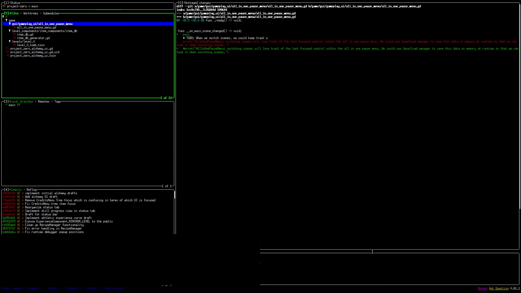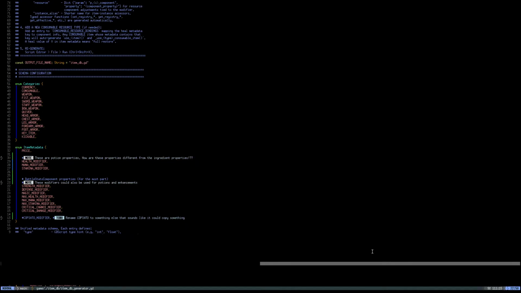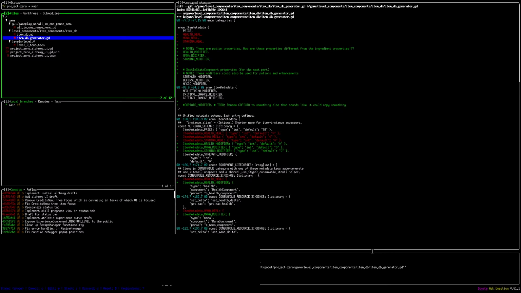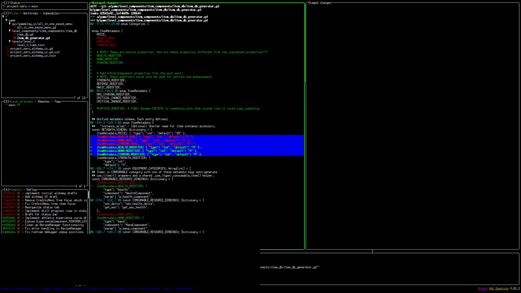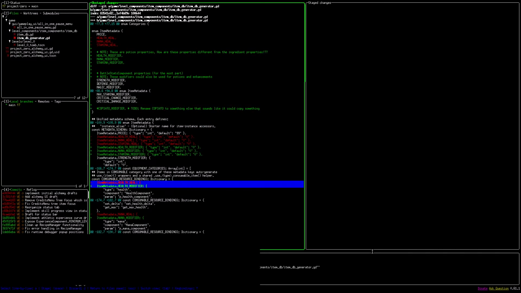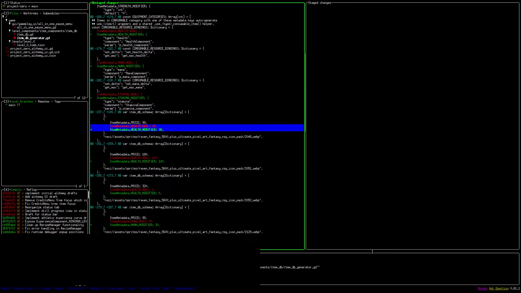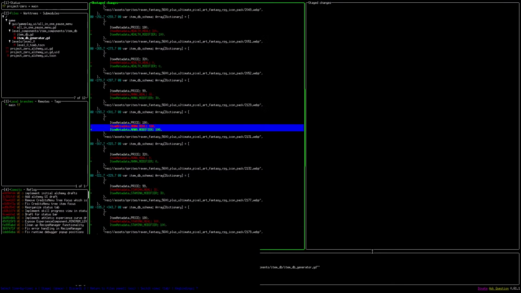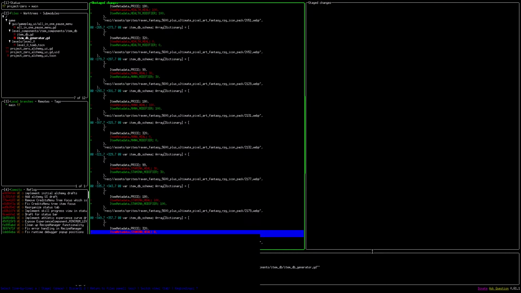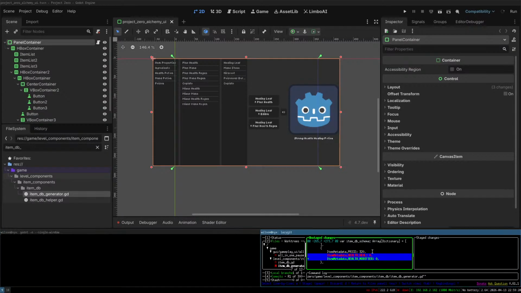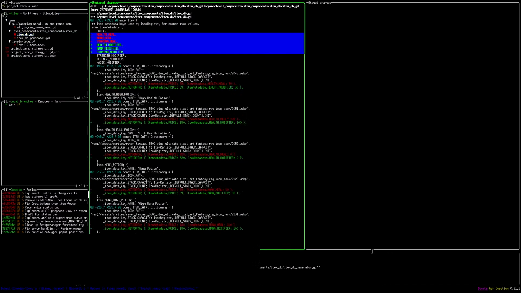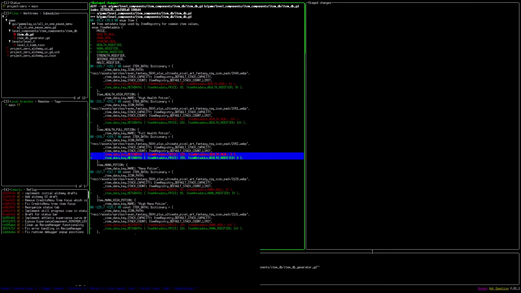This one, the diff from this one. And the item DB when generated, we create